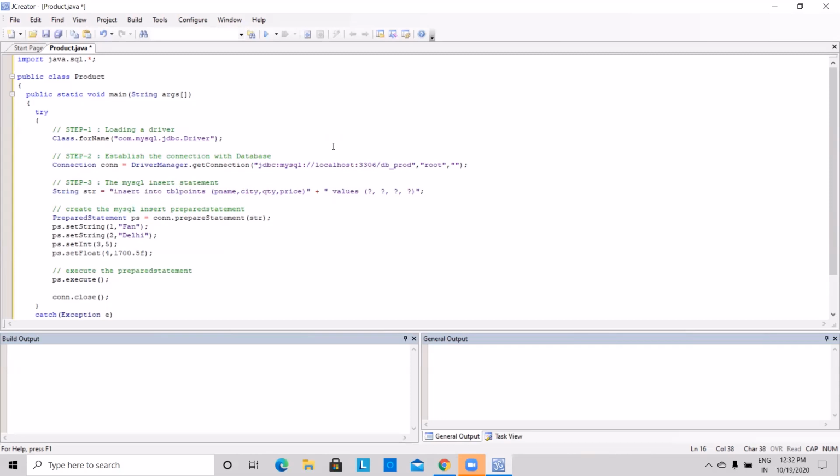Now here I need to specify the name of my table. The name of my table is tbl_product. This table we have already created in previous steps. So insert into, my table name is tbl_product. Now what do I want to insert? I want to insert product name, product city, quantity and price.